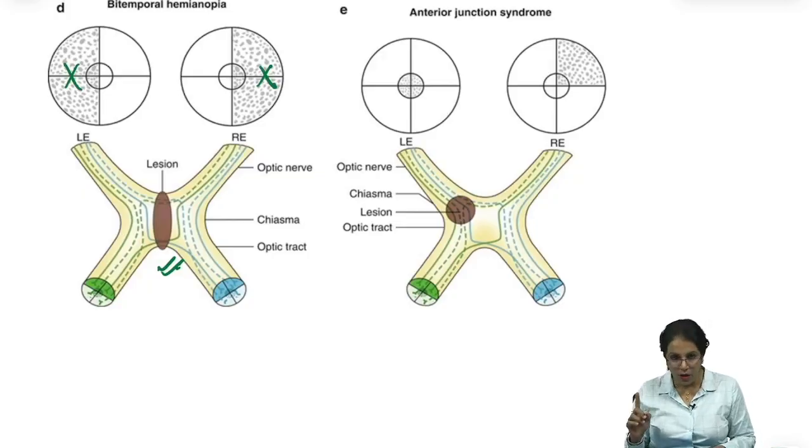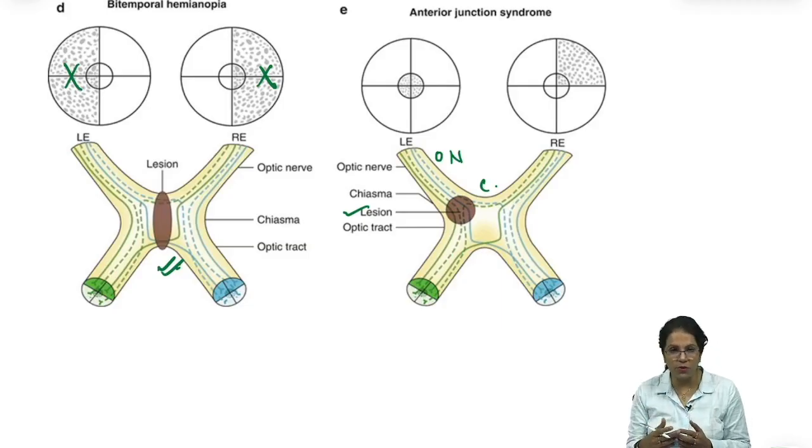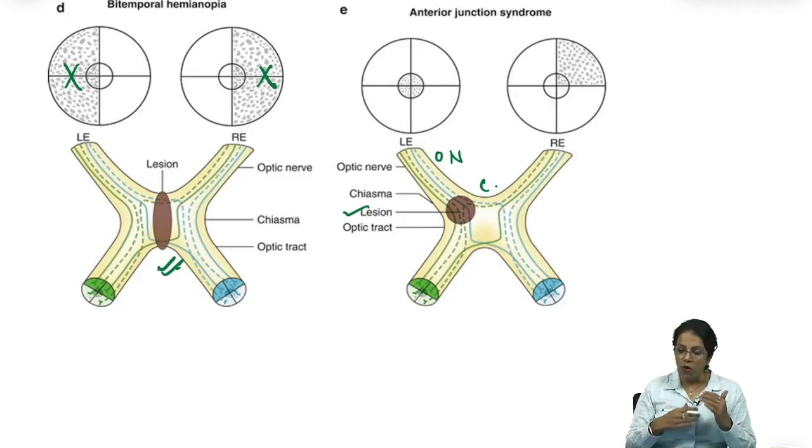Next, we talk about what happens if the lesion is at the junction of the optic nerve and chiasma. If the lesion is somewhere here as shown in this one, now some fibers of the nerve are gone, some fibers of chiasma are gone. You have to understand this way. If optic nerve fibers go, it will cause centroscotoma. If all of the optic nerve is gone, it is going to cause blindness. So, one side is either centroscotoma or sometimes even complete blindness. Which side? The side where nerve is involved. And for the chiasmal lesion, you get the opposite side